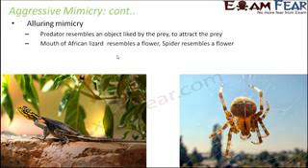Similarly, if you look at a spider, even the shape and structure of a spider resembles an orchid flower, right? That also creates confusion for a lot of insects, and therefore they come near the spider. The moment they are quite near, the spider attacks them. So that's the concept of alluring mimicry, where the predator allures the prey by resembling